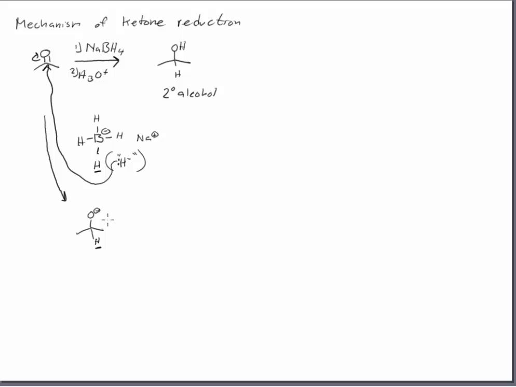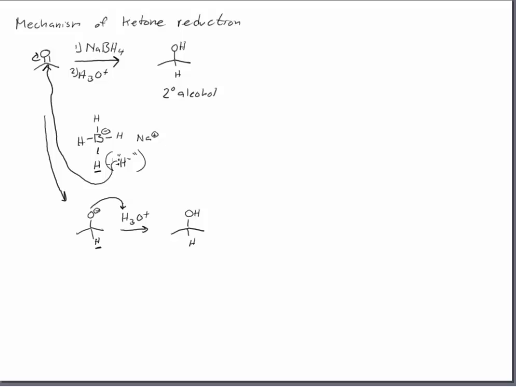And then the second step is very simple. Really all we have to do is protonate this O minus with the H3O plus, and you'll notice that is in here as the second step. And so first we reduce to form this alkoxide. Second thing we do is add H3O plus, a mild acid, just to protonate this O minus, and that gets us to our finished product. So it's a simple 2-step mechanism, a couple of arrows, and we see it